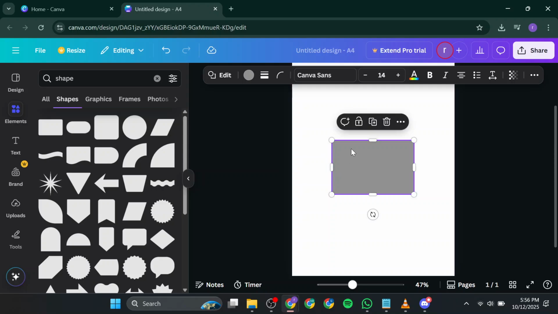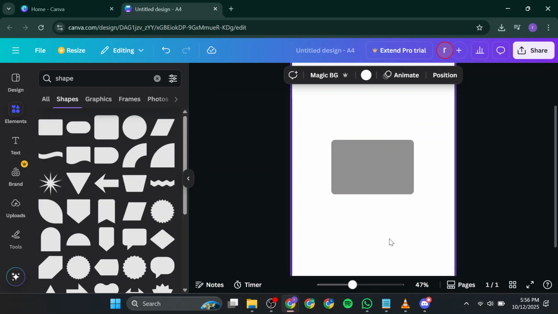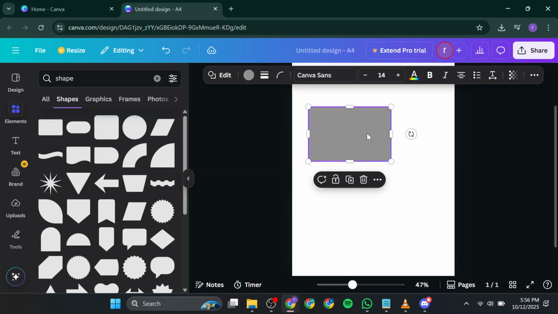If you want your shape to be a perfect square, hold the Shift key while resizing. This keeps the proportions equal, or for specific dimensions, you can watch those on-screen numbers and stop exactly where you need to. This level of control is great when you're designing layouts that require symmetry or alignment, like social media templates, presentations, or infographics. Once your shape is perfectly sized, you can also adjust its color, border, or transparency to